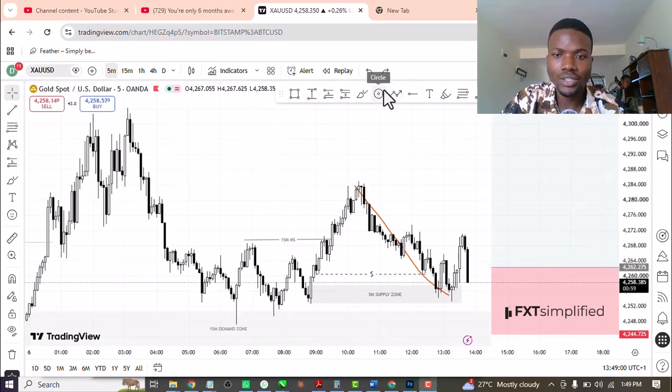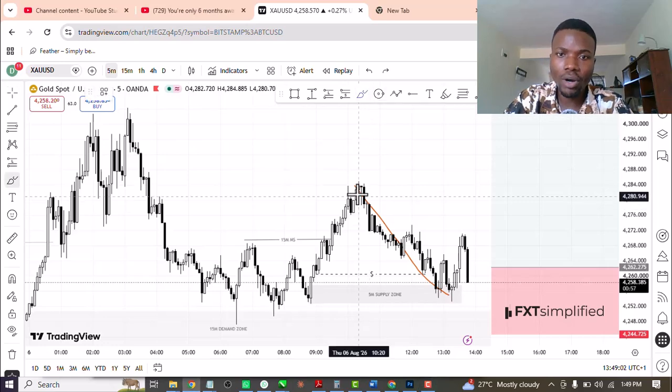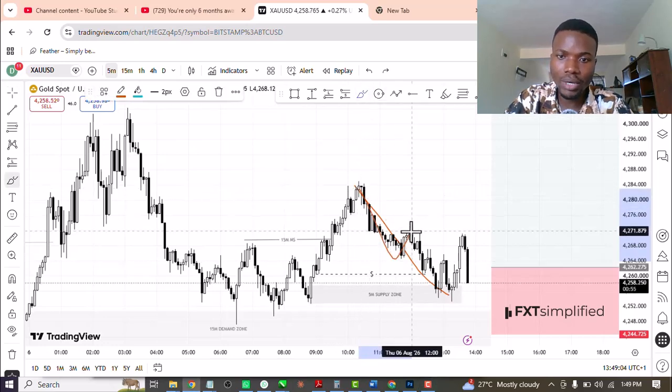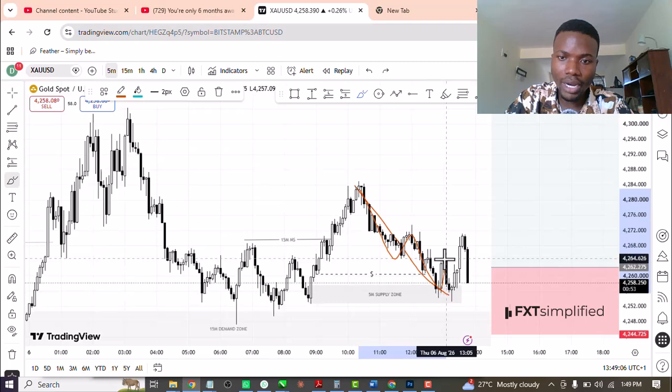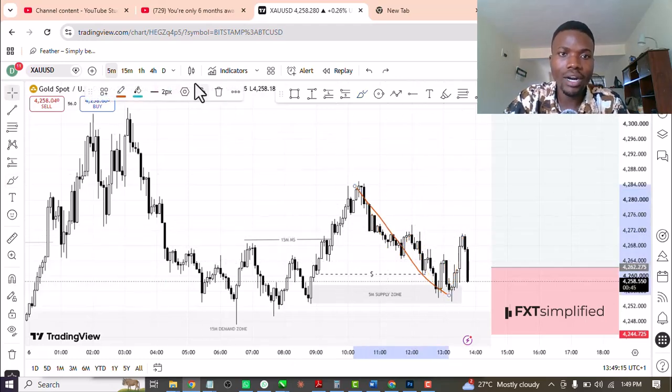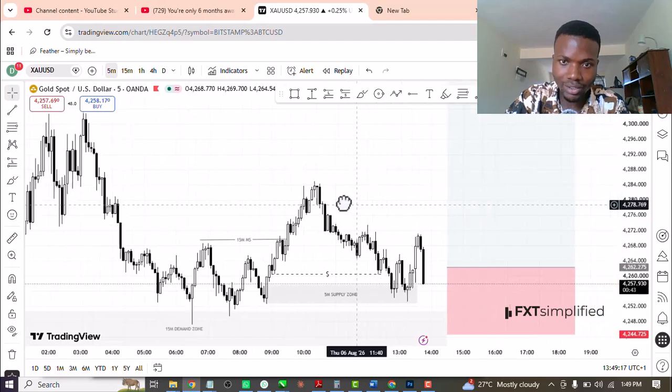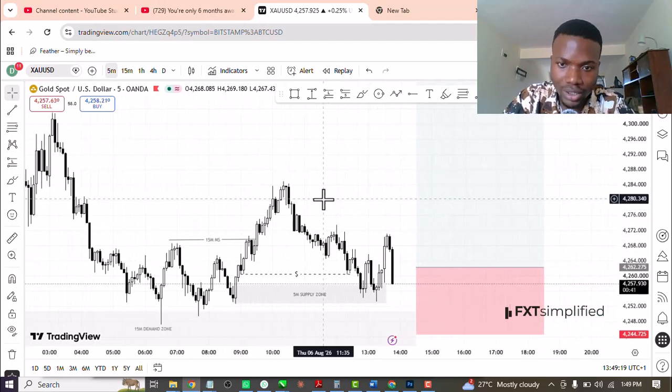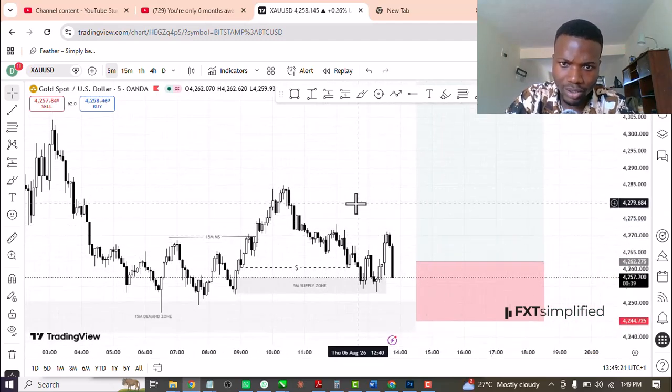So price actually came all the way down, creating lower lows, lower highs, lower lows, lower highs. Then this is the last low. Then you can see that price has actually broken this high. So I can say that this is a good sign that gold is going to continue this upward movement, because